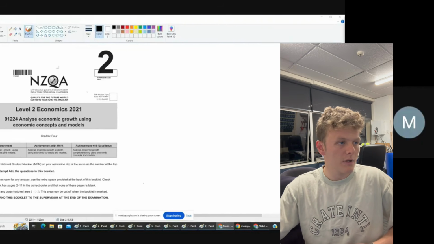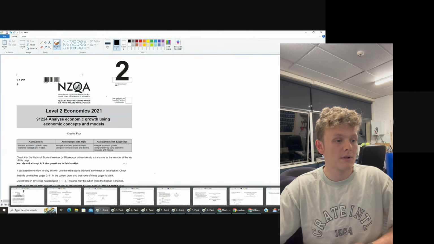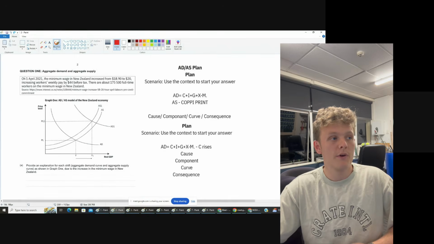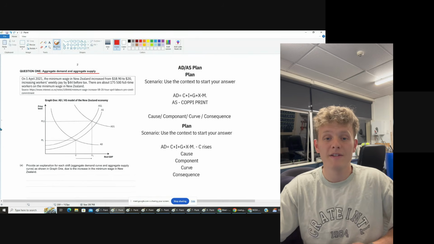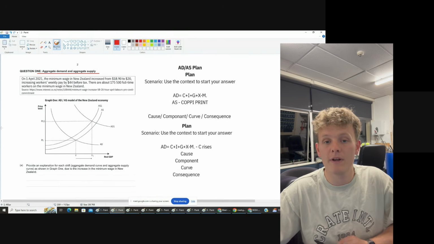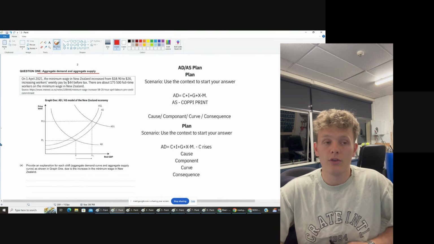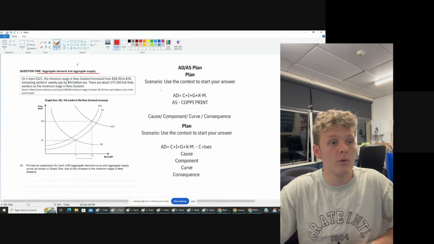So Level 2 Economics 91224, or Economics paper 2.3. First question, aggregate supply. You need to know this like the back of your hand. Aggregate supply and aggregate demand are going to be in every economic growth paper. It's also going to come up in inflation, and you need to know it really well. Part of that is knowing these two